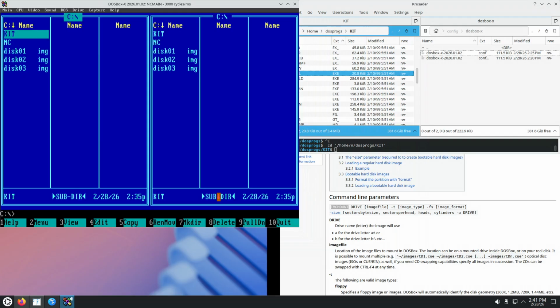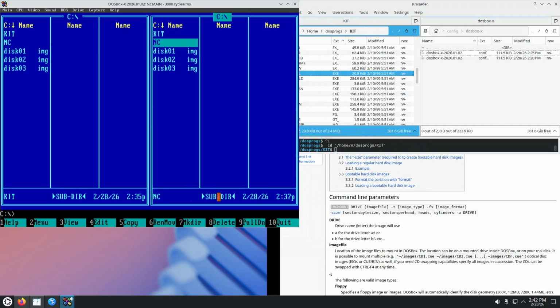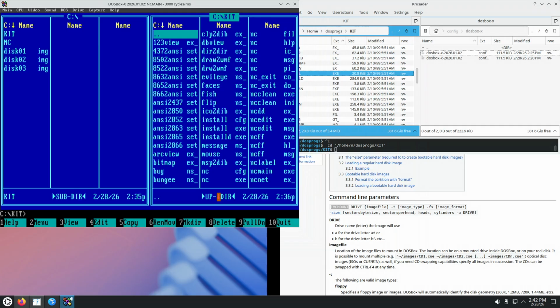Let's see if the tab key works. Yes, it does. Let's see the files that we have in here. So inside c:\/nc we have the installation of Norton Commander, the file manager. It looks as we would expect. We shouldn't write in here. We should actually exit, and inside c:\/kit there should be an nc directory